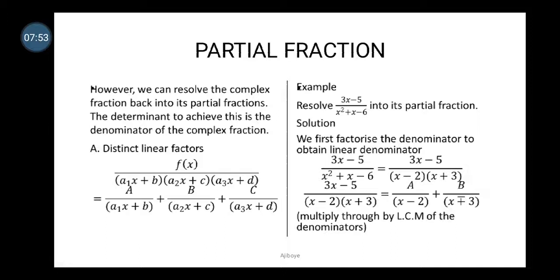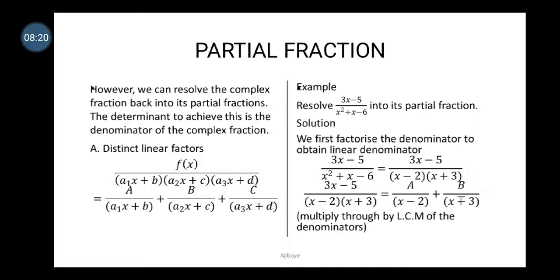For example, resolve 3x minus 5 over x squared plus x minus 6 into its partial fractions. Solution. We first factorize the denominator into